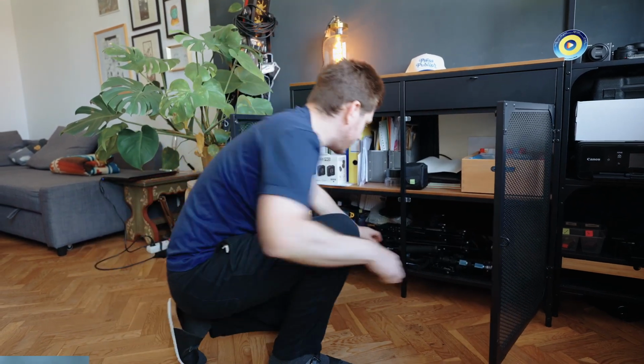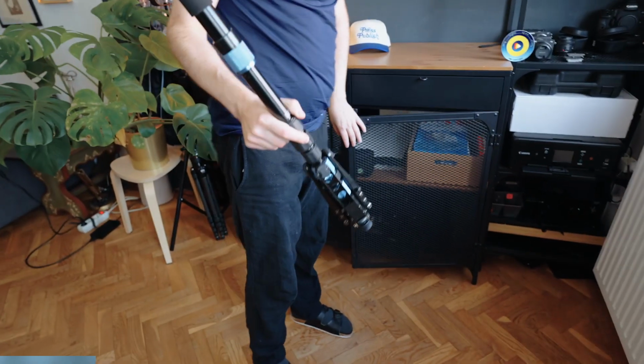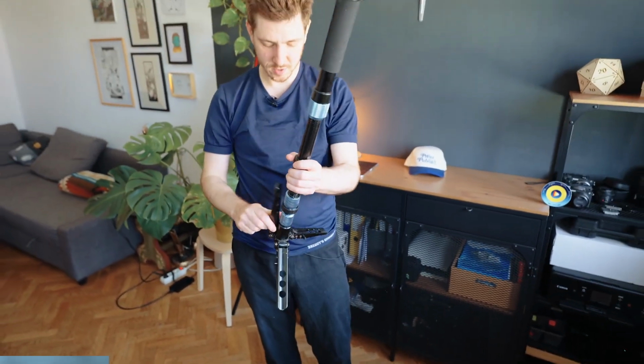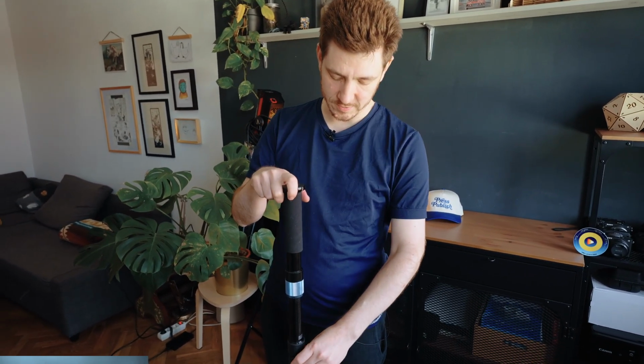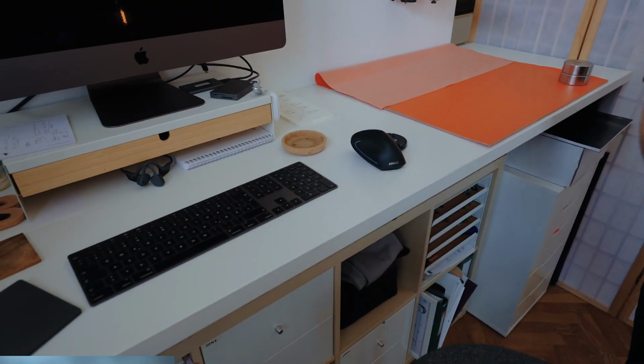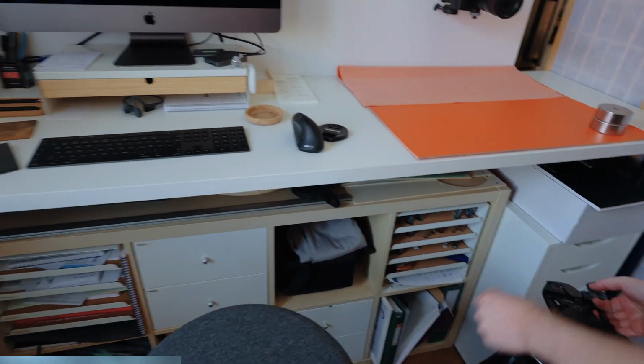And actually, this guy has been a real unlock for me. Oh, a monopod. It's a monopod, but it's a really good monopod. There's no head on here, but that doesn't matter. Especially when you have a 3-camera setup and traveling with 3 tripods is a lot. This monopod allows me to carry less. And also it's great in here because I'll show you. If I want to shoot, let's say, this keyboard here, I want to get real close to